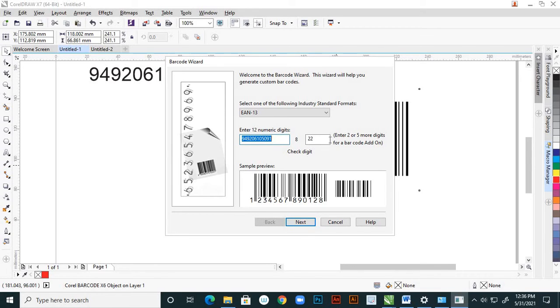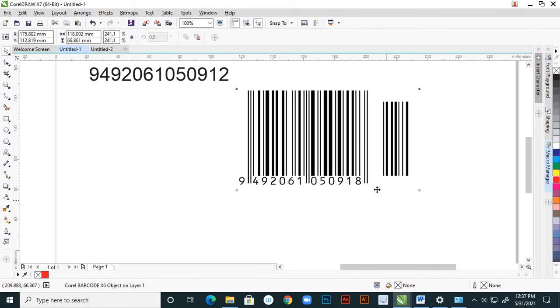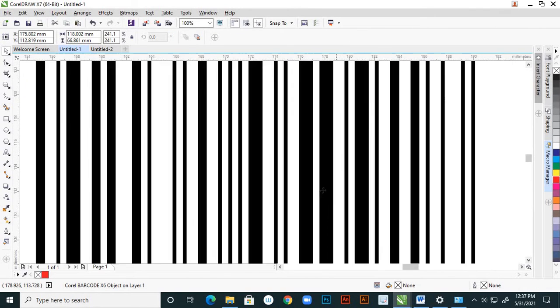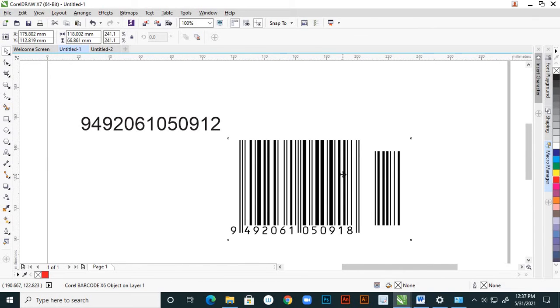If you enter any value and say next, we already gave that next, and here I'm cancelling this. This add-on is not required. Suppose you have to convert this into a vector.